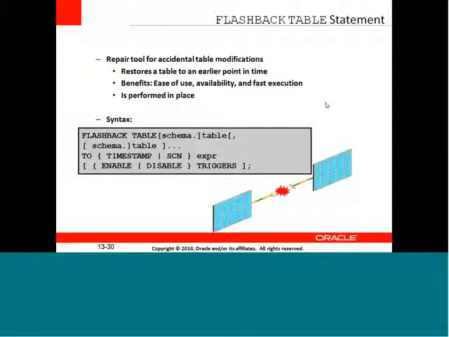So the syntax goes like this: flashback table schema.table_name, and if I've got many such tables, then TO TIMESTAMP. So timestamp is what? It is a date data type. The date, down to seconds.